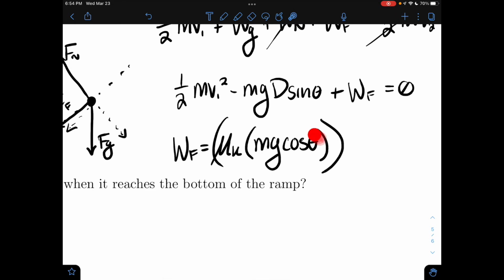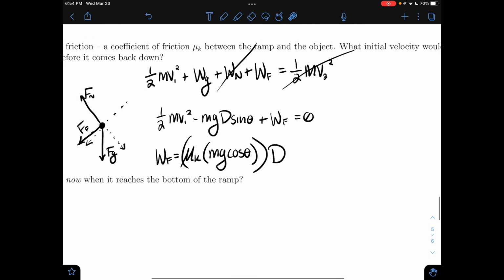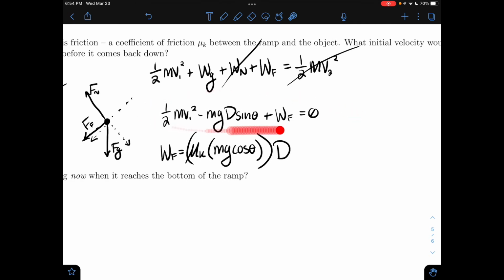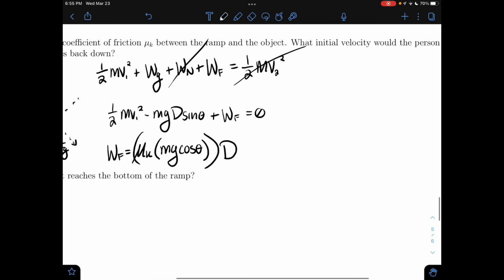So that's our force due to friction, and now we multiply by the distance traveled, which is just our d, because our friction is acting along the ramp, and that's how far we're going along the ramp. So now we just plug everything in and solve for our v initial, because we have one equation, one unknown if we plug this in. And also, lo and behold, we don't know the mass, but it's in every term again. So we can just divide that out. It's going to end up with 1/2 v1 squared minus g d sine theta